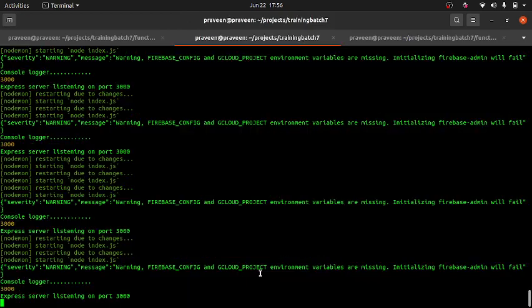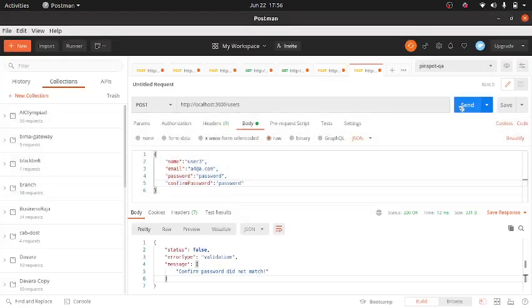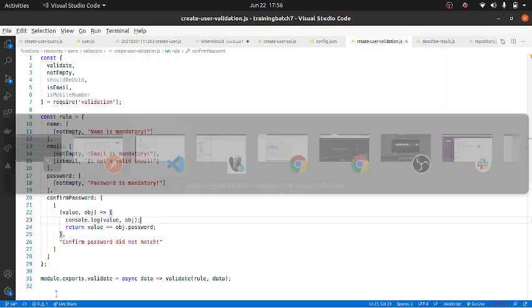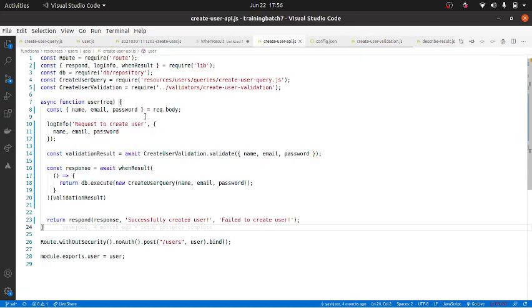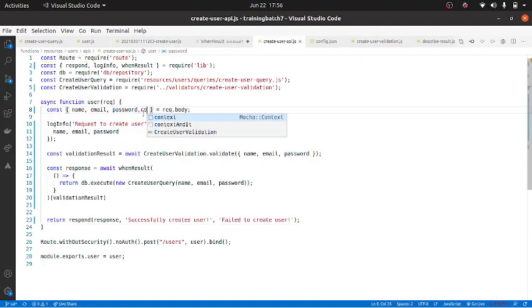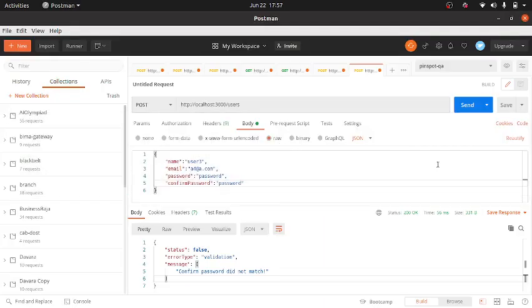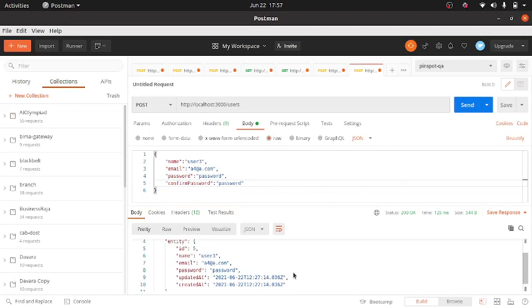Let us see what we get. Value is undefined, because in this one I didn't take confirm password, and I need to pass it to this one. If that happens, you see it was successful.